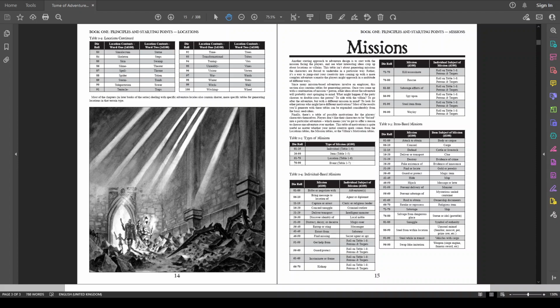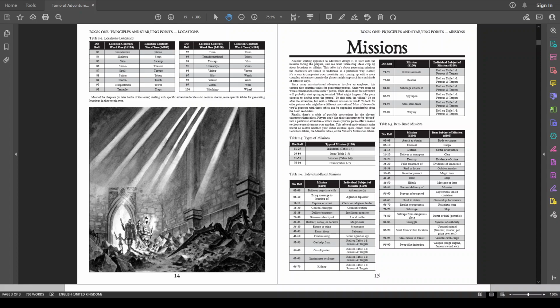Hello and welcome back. I wanted to take a short departure from the Delving Deeper solo game to take a look at some of the methods that I use for generating plots. Now, I use a bunch of different tables, which mostly are printed off and in my DM binder. And each of the methods is slightly different and tends to result in ever so slightly different